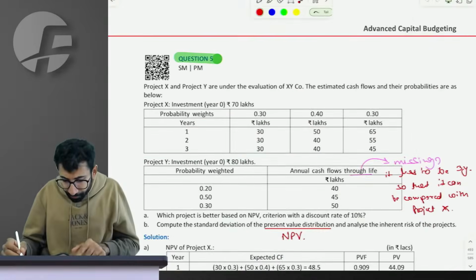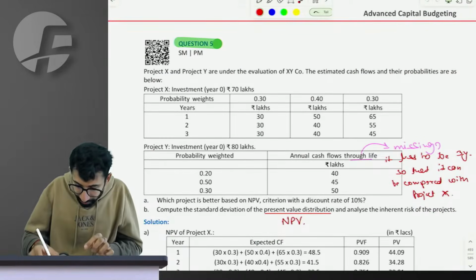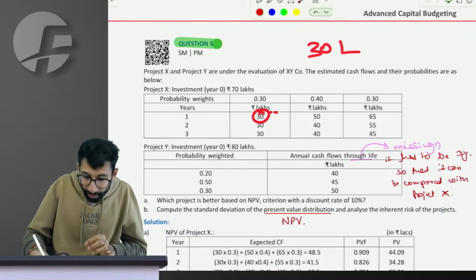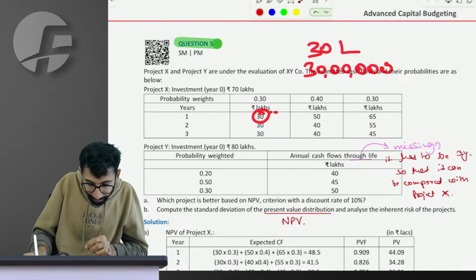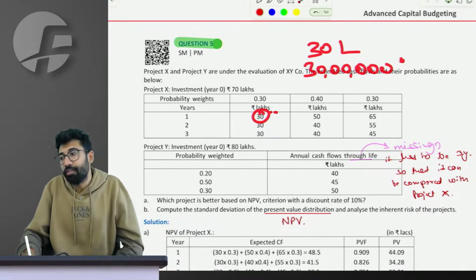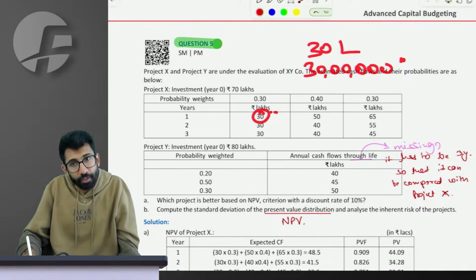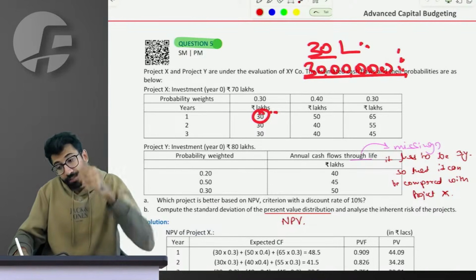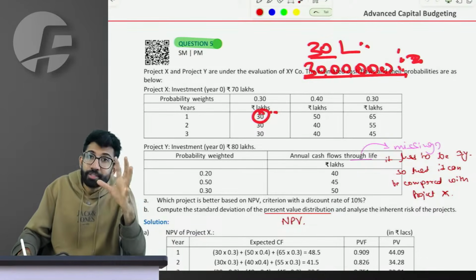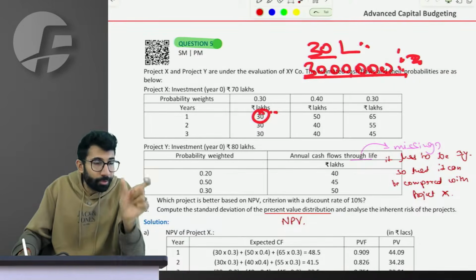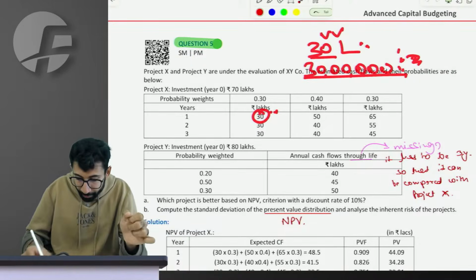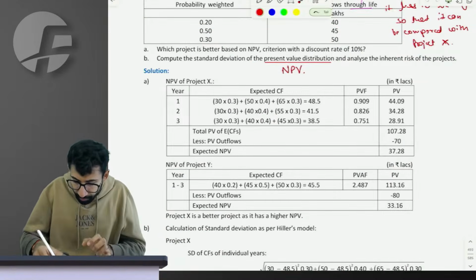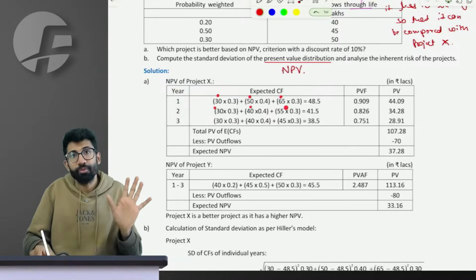A student came to me, that's where there is a confusion. For example, 30 lakhs is there. If I solve it considering 30 lakhs, or if I solve it in full rupees, is there a difference in the answer? There won't be any difference at all. You can continue to solve whatever you want. But when I do 30 lakhs in full rupees, at some point you will have to do square. It will be such a huge number that you won't be able to fit it in your table. So better, if the examiner gives it to you in lakhs, you continue in lakhs. Simply, see, 30, 50, 65 lakhs. That's all you have to do.